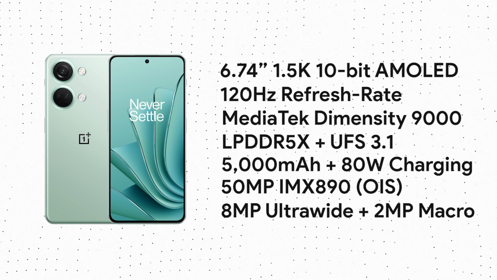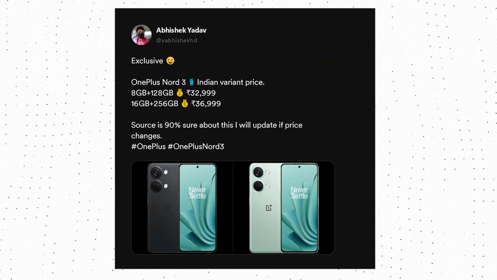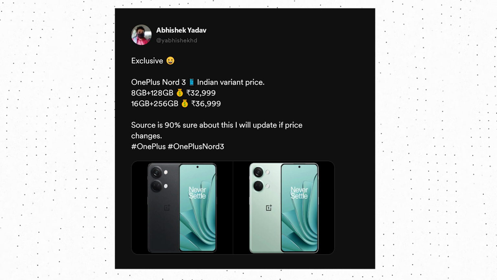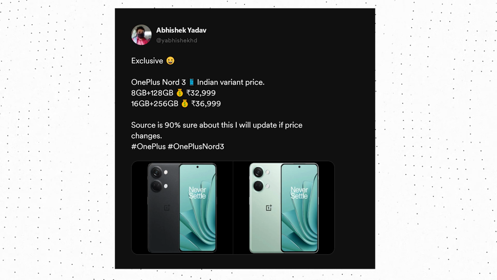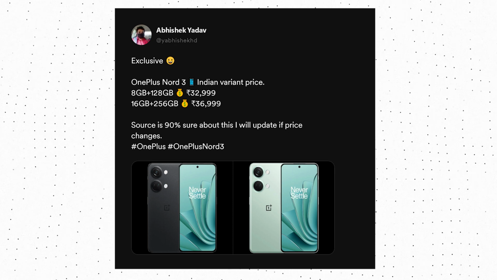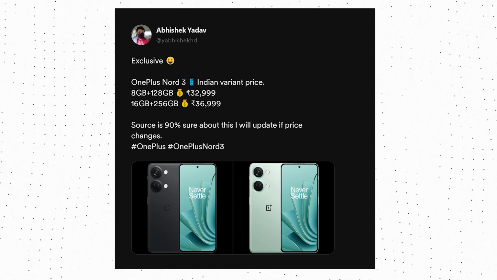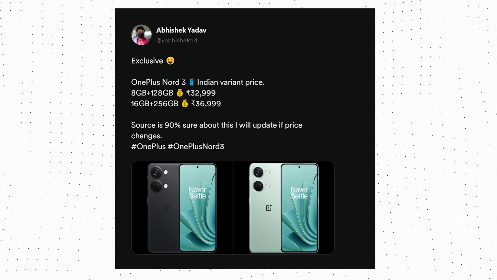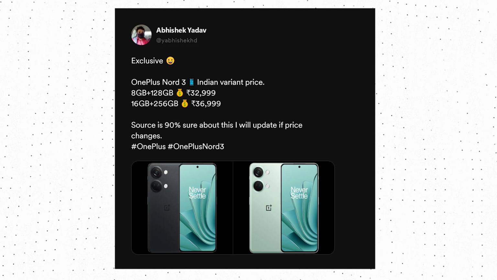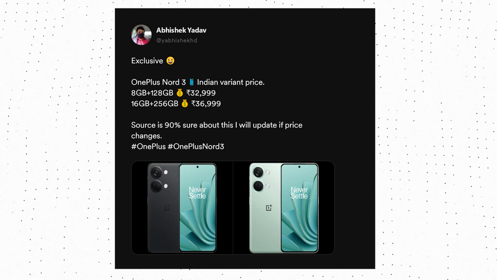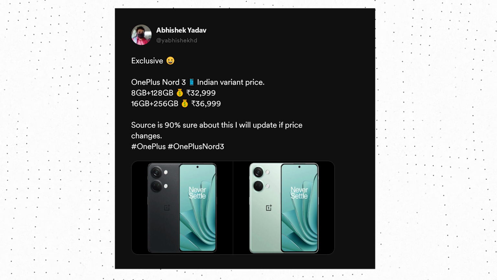As for the pricing, one source on Twitter has shared the Indian pricing of the phone, so the base variant with 8GB RAM and 128GB storage will launch at 32,999, whereas the 16GB RAM variant with 256GB storage will launch at 36,999. At this price, the OnePlus Nord 3 is a pretty solid phone, but it is also worth mentioning